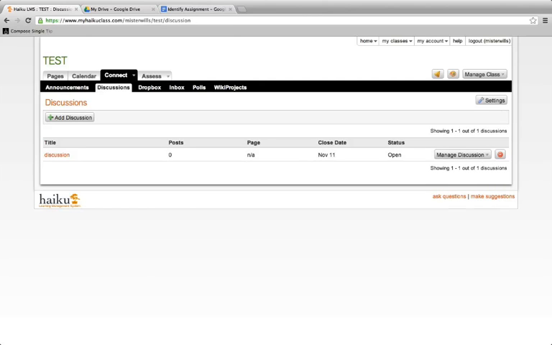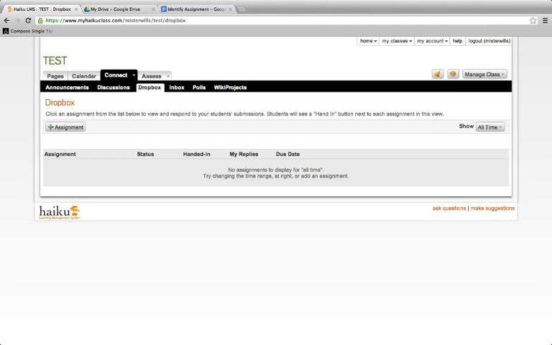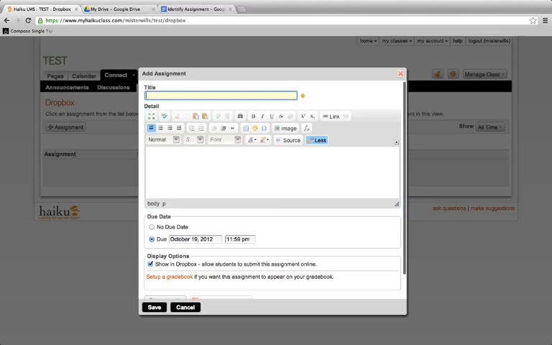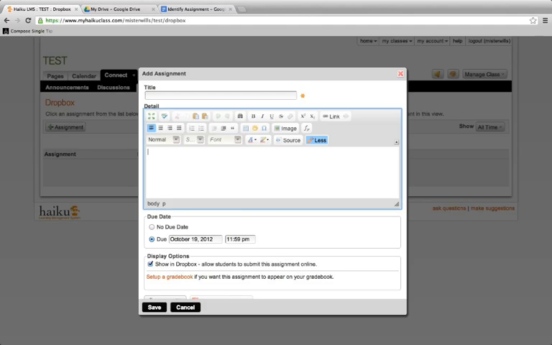The other tab here is the Dropbox, and this is where you would add assignments for students and they would submit them to you. And so you get the same box with the title, you get the rich content box right here where you can add images, mathematical symbols, links, and all that. So your due date,